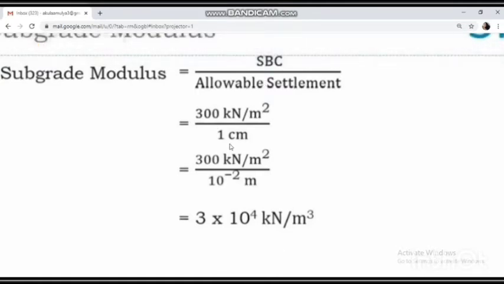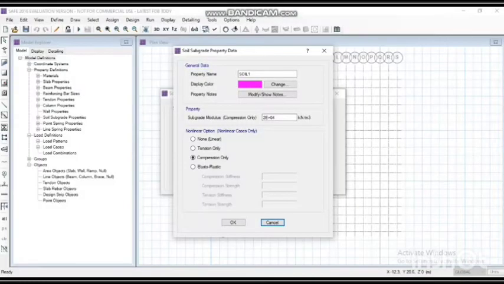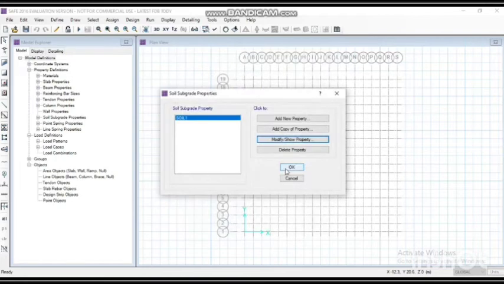It is obtained from the formula, that is SBC upon allowable settlement. Now make it 3E plus 4 kilonewton per meter cube and click on OK. Again click on OK.